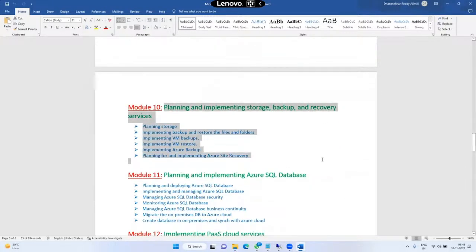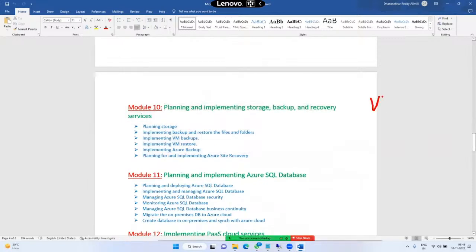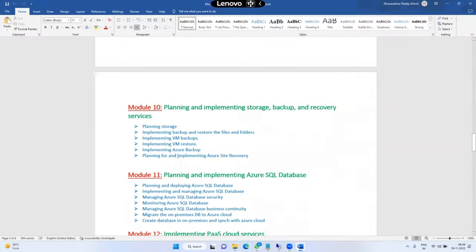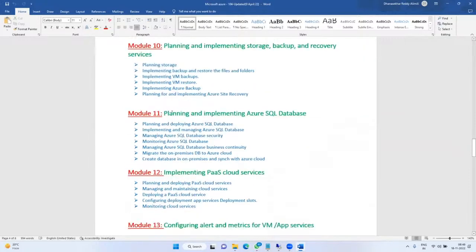And this is about backup and restore. Backup and restore, in the sense that there is a VM and someone deleted that VM accidentally. How can we restore it? How to maintain backups, how to maintain recovery services in Azure, that we'll see in module 10. Module 11, Azure SQL Server.